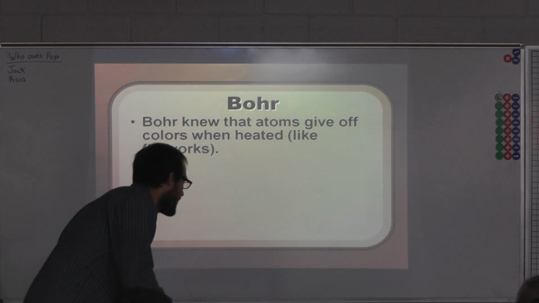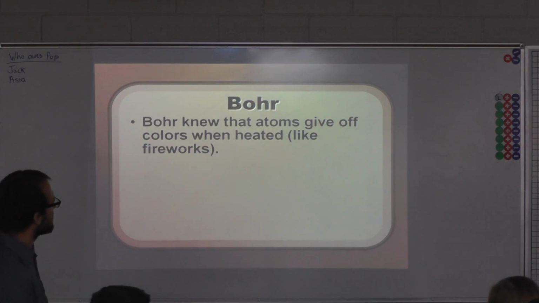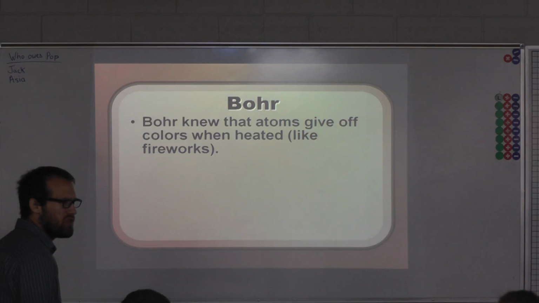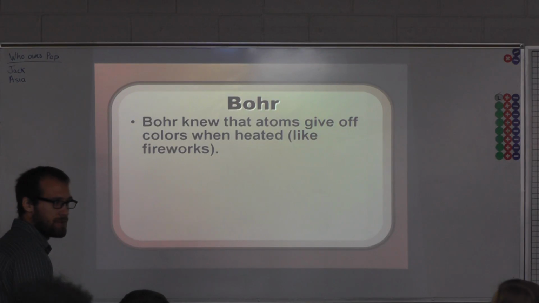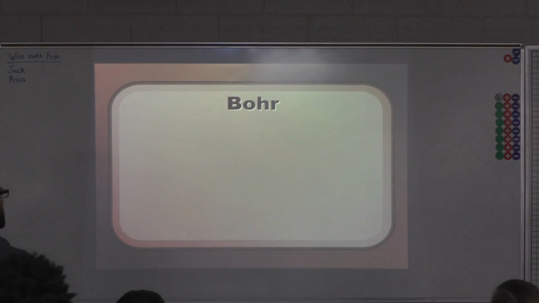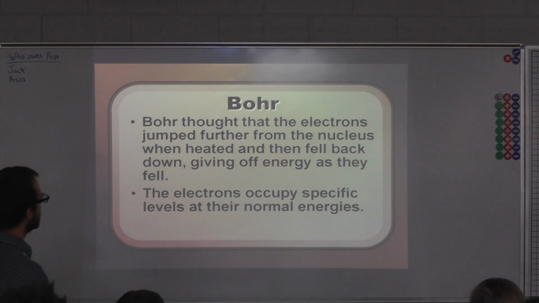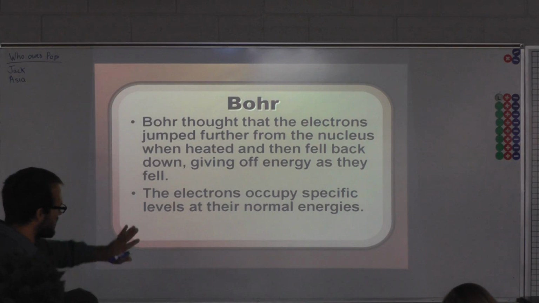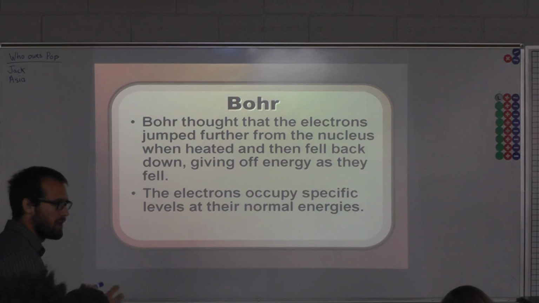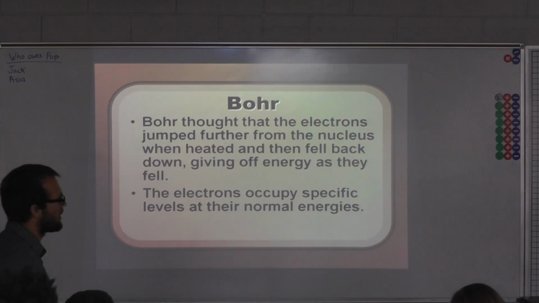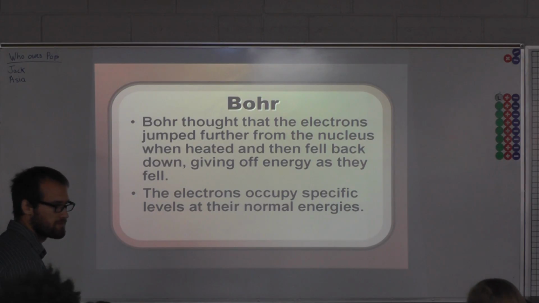Okay? So what Bohr noticed, okay, he noticed that if you gave certain things energy, different colors a lot of times got emitted. Okay? So I want to make sure you get it all in before I explain the big picture. So what I'm essentially going to do is have you get all of the information about Bohr. I'm going to summarize all that Bohr did, and then I'm going to show you some cool things, and then we'll move on. Cool?